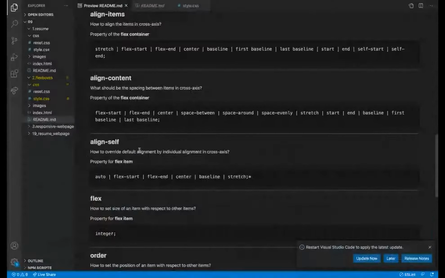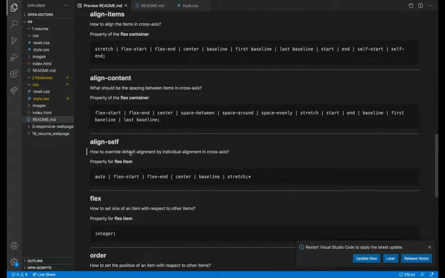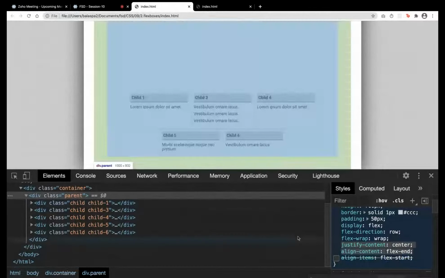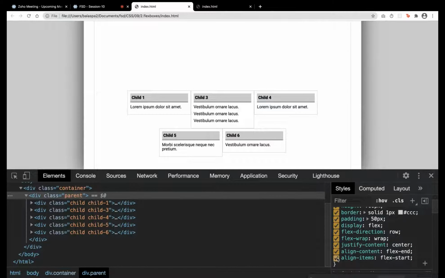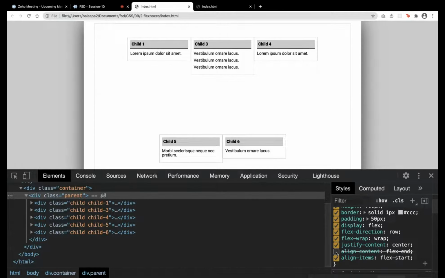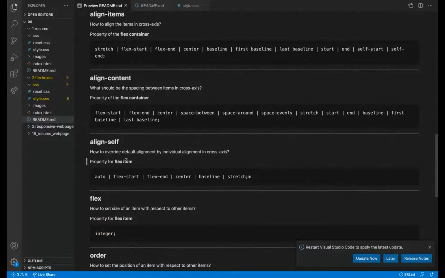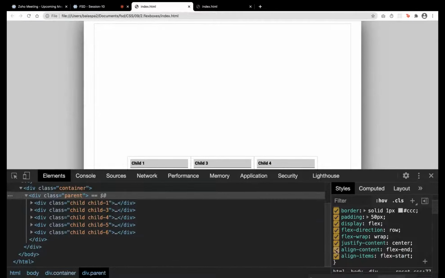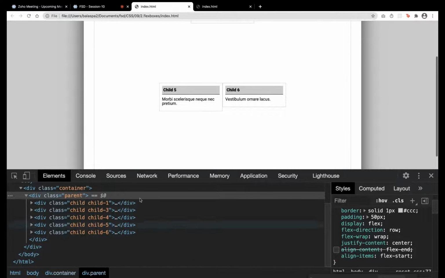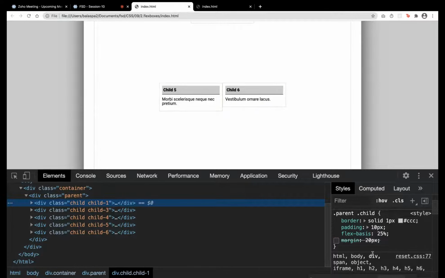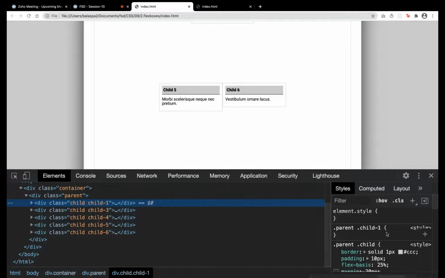So what is align self? How to override the default alignment with an individual alignment in the cross axis? The things we applied so far were on the flex container, but what I am going to do now is for the child element. For one child, I give align self, flex end.